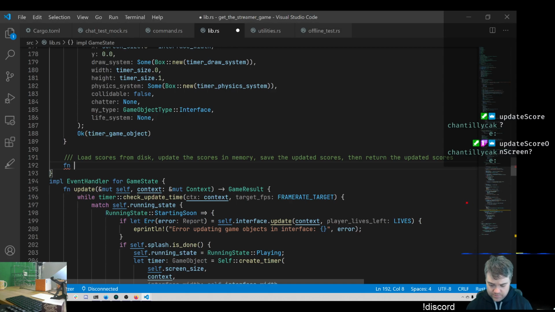So this is really going to be like handle scores. I don't want to update scores on screen. I think that's going to happen in credits. This is really going to be like